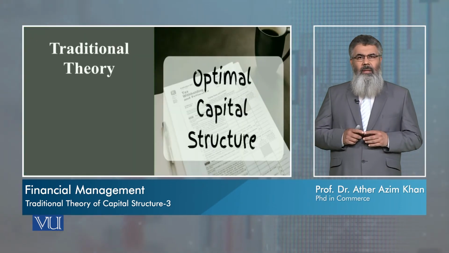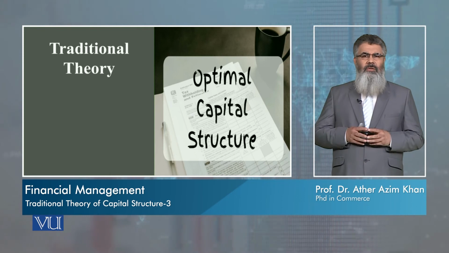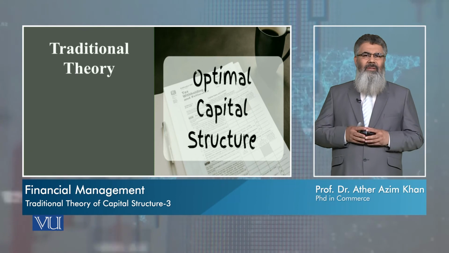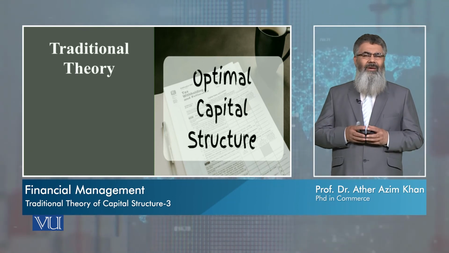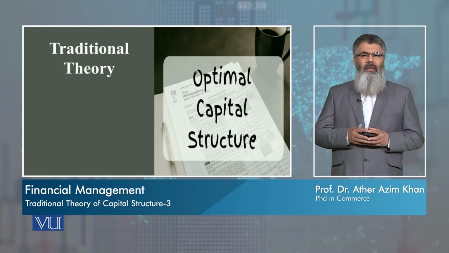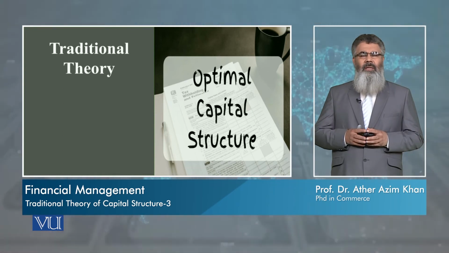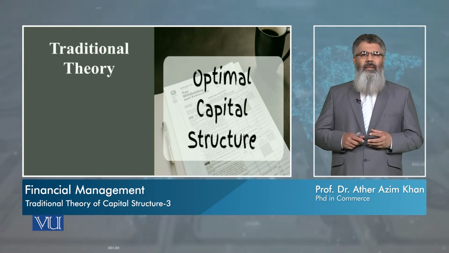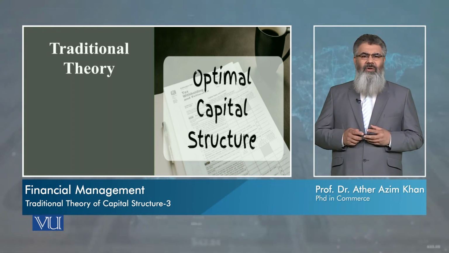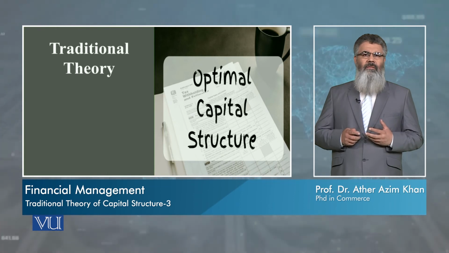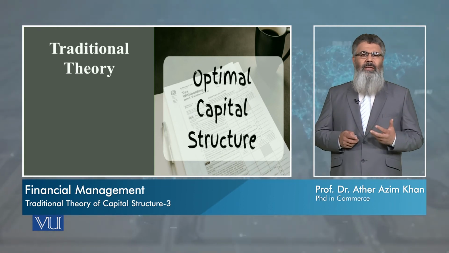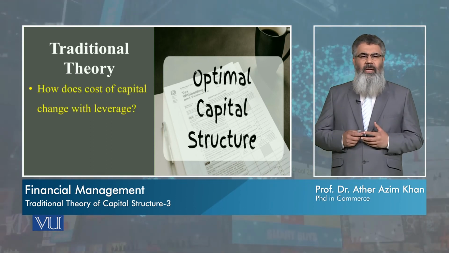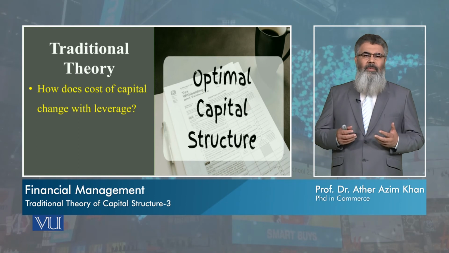Now, to conclude our discussion on this traditional theory of capital structure, we can say that traditional theory is a theory of relevance of capital structure. इसका बुनियादी पॉइंट ये है कि कैपिटल स्ट्रक्चर हमारी वैल्यू को अफेक्ट करता है. इसका दूसरा बुनियादी पॉइंट ये है कि कैपिटल स्ट्रक्चर के तब्दील होने से वैल्यू ऑफ फर्म तब्दील होती है और एक पॉइंट ऐसा आता है जहाँ पर हमारी वैल्यू ऑफ फर्म मैक्सिमम होती है, जिसको हम ऑप्टिमल कैपिटल स्ट्रक्चर कहते